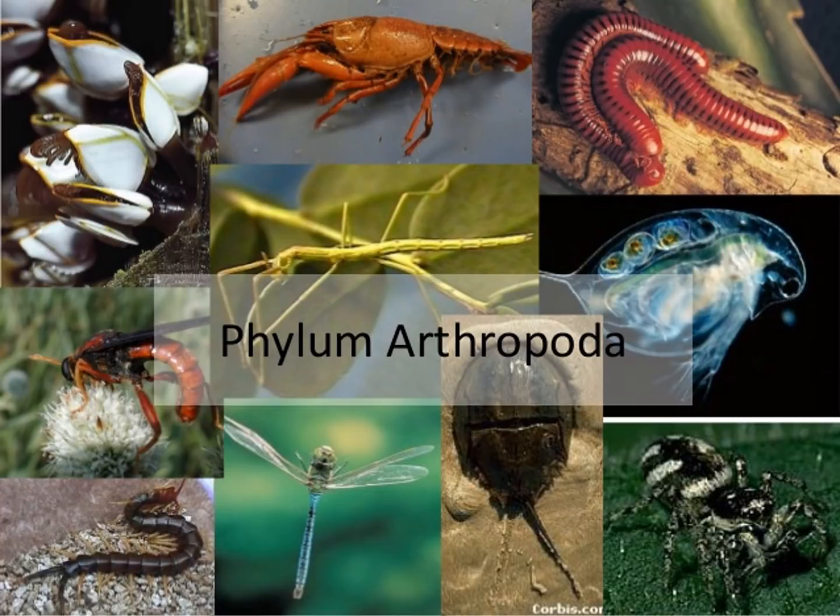These are the animals which have three layers. So triploblastic: ectoderm, endoderm, mesoderm. They have a true body cavity, so they are eucoelomates. And if a line is drawn along one axis, you can divide them into two equal halves, so they are bilaterally symmetrical. And they also have segments on their body.